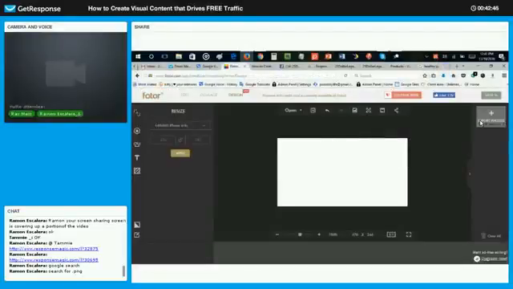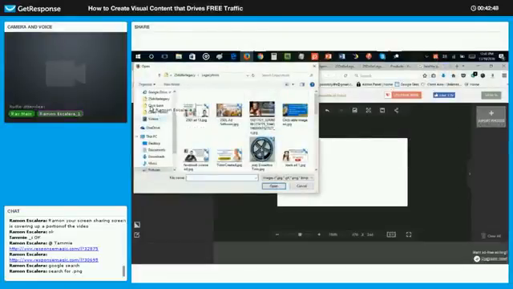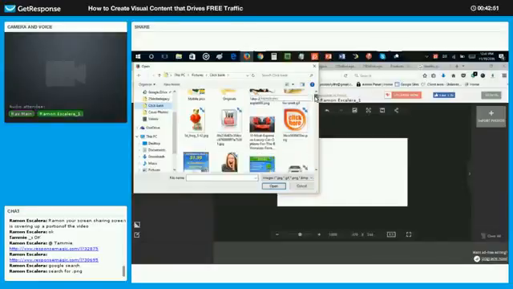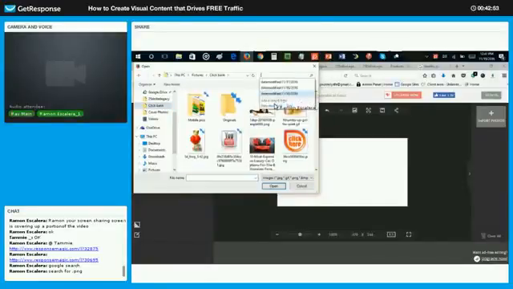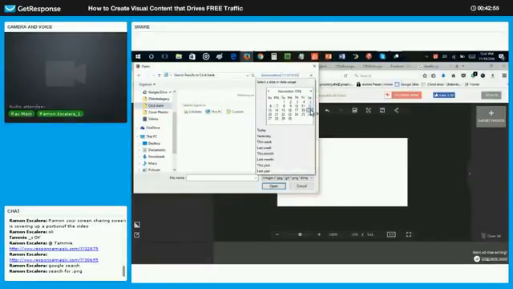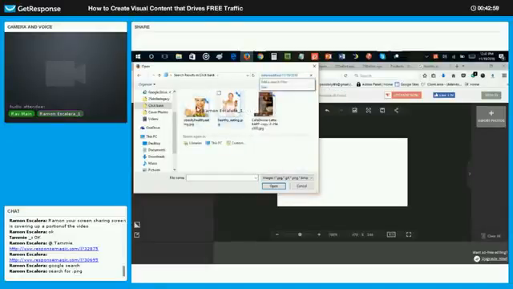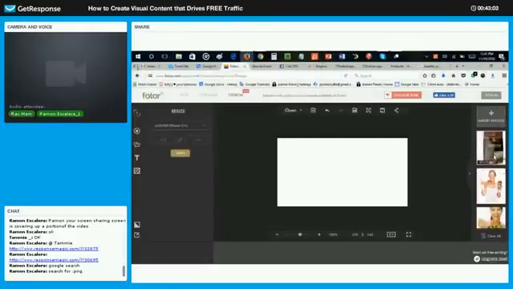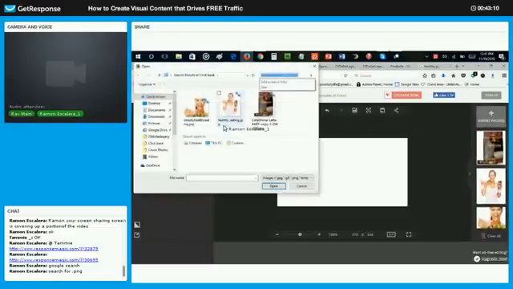We're just going to upload them here because we're now going to create our design. All right, so I'm going to go to my image file. And I'm just going to search the ones I did today. So date modified, and I'm just going to search today. And they will all pop up right here. So we're going to grab this one. Control, this one, this one, this one. Open. And now they will all show up right here. Now what I'm going to do is grab, actually I'm missing a couple, so let me go grab those images,